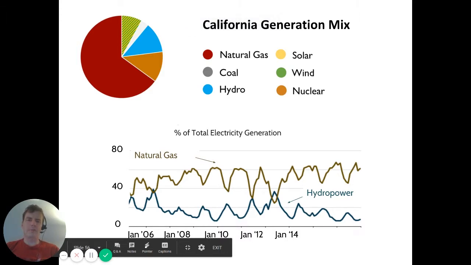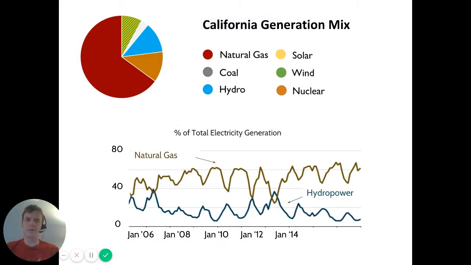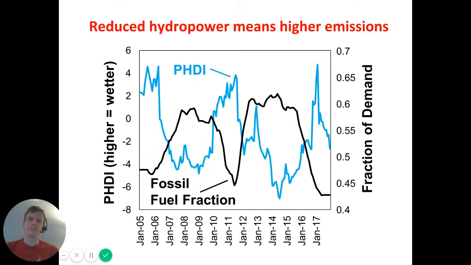California is a state that doesn't rely on coal much because of strict air quality requirements. So most of the state's generation capacity is natural gas. A significant part of it is hydropower. But when the state goes through periods of drought, that is compensated directly by natural gas generation. And so that's what this figure at the bottom shows. Anytime you see hydropower increasing, natural gas is decreasing. Anytime you see hydropower decreasing, natural gas is increasing. So this has a couple of important implications, and that is that reduced hydropower tends to mean higher emissions.